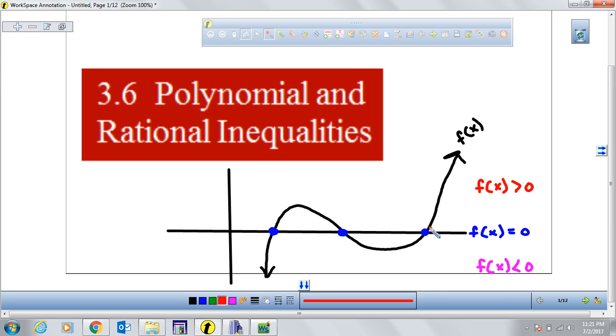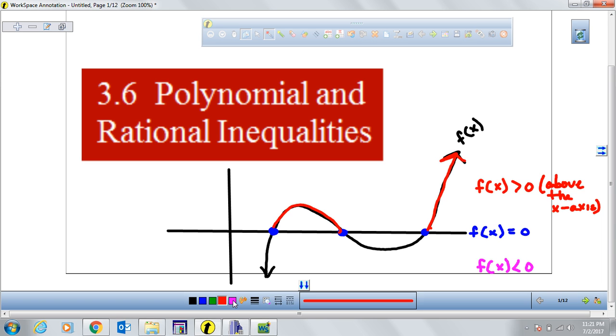In other words, all the values of x for which the function is above the x-axis. You can see that there are two little pieces on the graph for which this function is above the x-axis, from here to here, and also from this point to infinity,